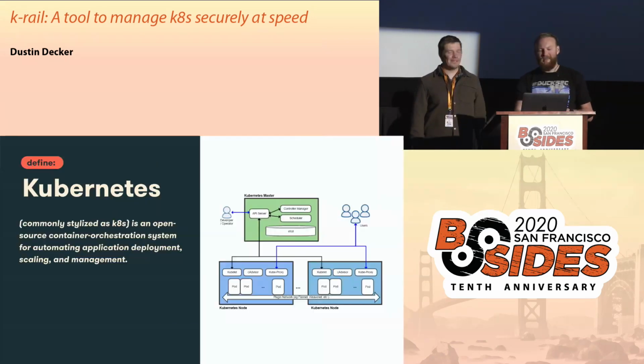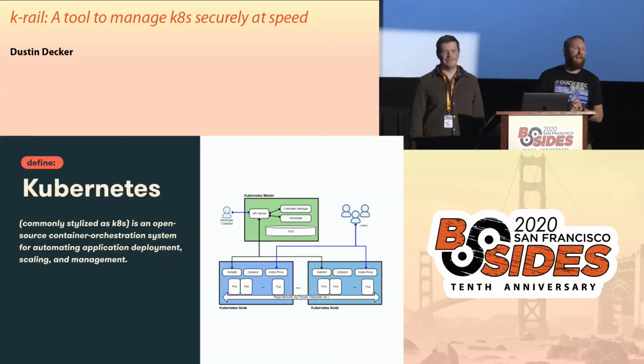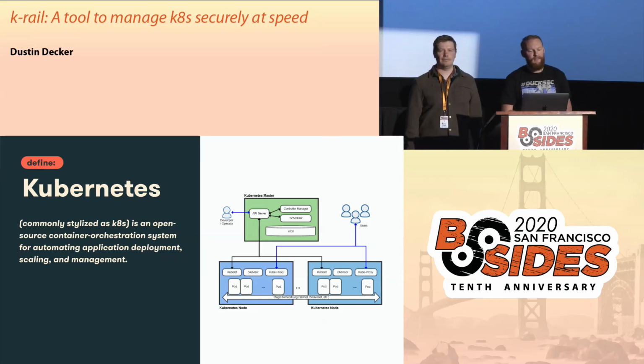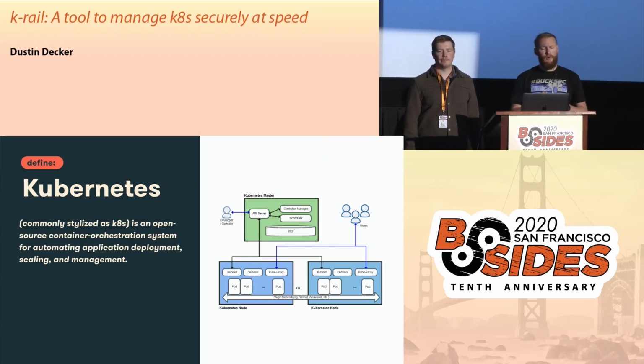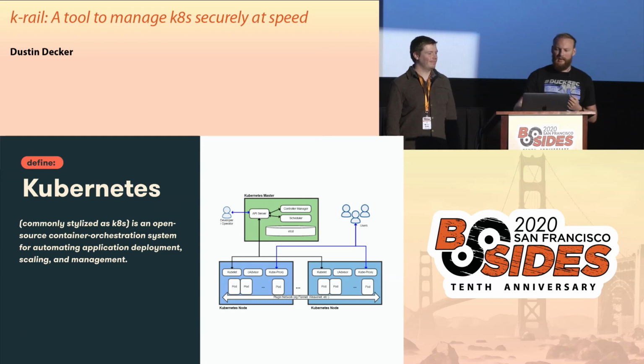But we'll break it down and we'll give you enough background knowledge for those unfamiliar. So for the shipping industry, you should be along for the ride. So you may have seen something like this when looking at what is Kubernetes. Descriptions such as, it's an open source container orchestration platform for automating application deployment, scaling, and management, with a diagram like that you look at and still have your head scratching at the end of it.